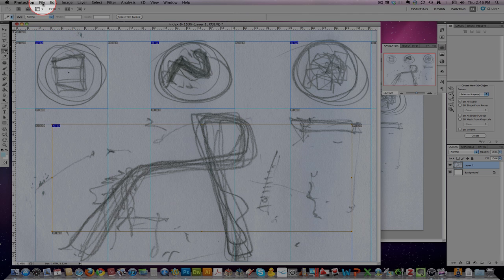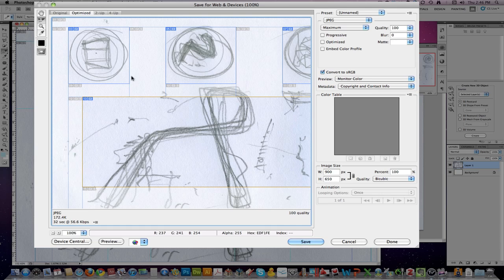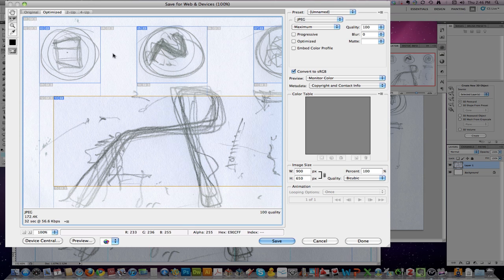So now if we go up to File, Save for Web, and a big dialog box comes up. You've got a lot of options to look at. I'm just going to quickly go over them. Depending on your site, I would recommend probably making sure that all the images are set to JPEG. You might have to select some of them and adjust them. And quality, probably bring down a little bit, just maybe even high. And you can see the difference in the size for each part. So we're looking at